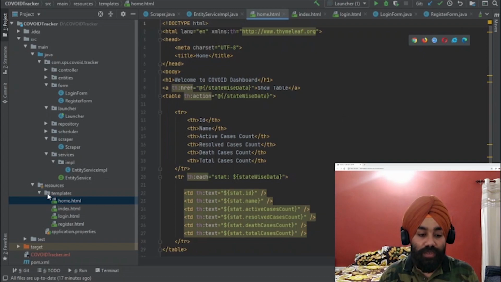Now we move to the resources section of our application. As you can see in resources, we have the application.properties file, which is the basic Spring configuration file, and we have some templates. Let me walk you through the templates first. First is the home template. It basically contains the code for your home page. Then when you are logged in,